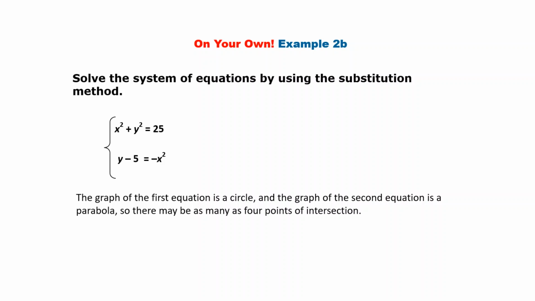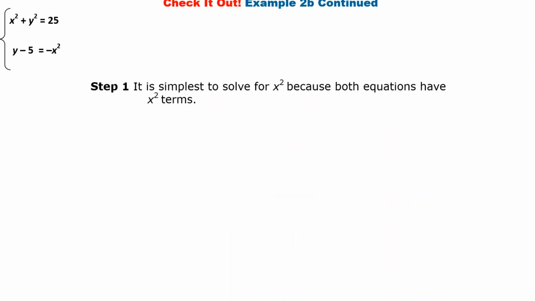The graph of the first equation is a circle, and the graph of the second equation, notice it's got an x squared, but the y is not, so that's a parabola. So there could be as many as 4 points of intersection, okay? 1, 2, 3, 4. All right, so now that we know we could have as many as 4 points of intersection, we need to